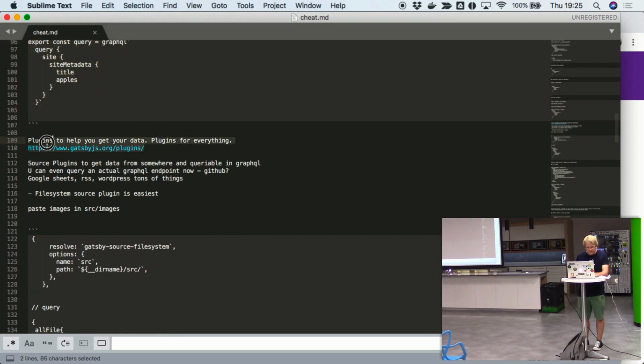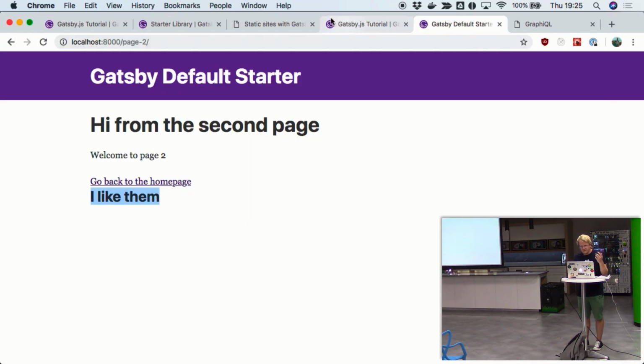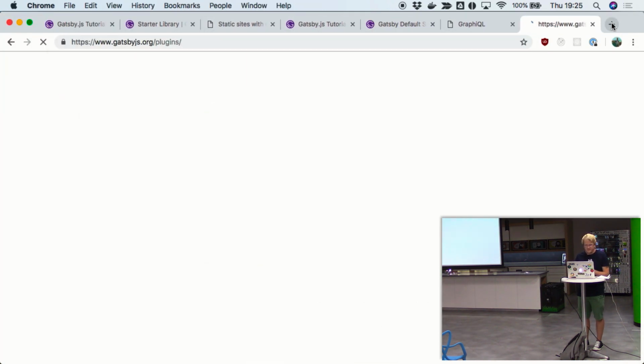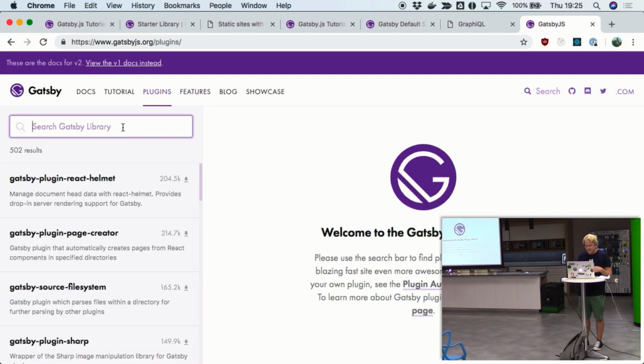They have a ton of plugins, and this is where it's really nice, because they got a bunch of things called source plugins. And you saw there I was querying the config.js file for that apples thing.